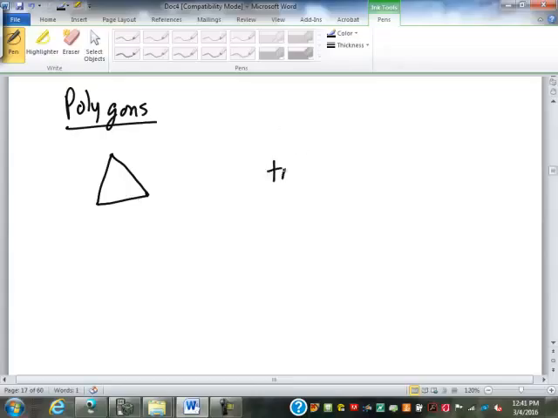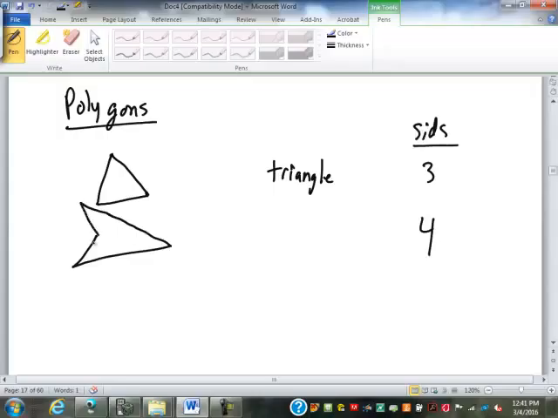So a triangle has three sides. Bigger than that, four sides, of course, would be the next biggest one. Is anybody talking about what those are called? Squares. Well, square would be a special type of one. Trapezoid would be a special one. Quadrilateral. Now, just like we talked about special triangles like isosceles and equilateral and right triangles and acute and obtuse,